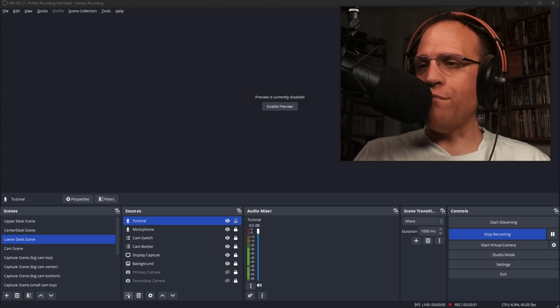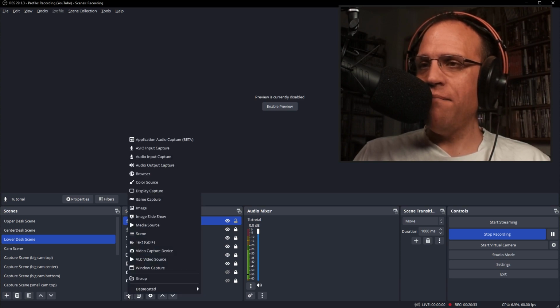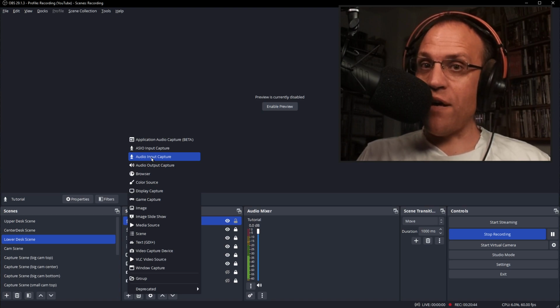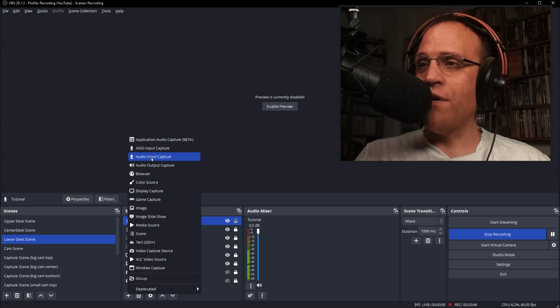And you choose the plus button and choose audio input capture. That is the normal Windows device. So if you're not using ASIO, and for USB microphone users, it's most likely going to be this,